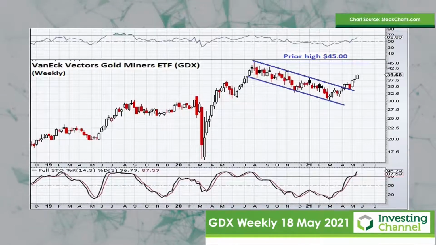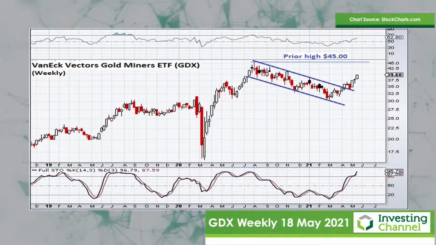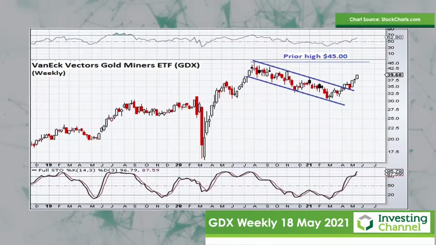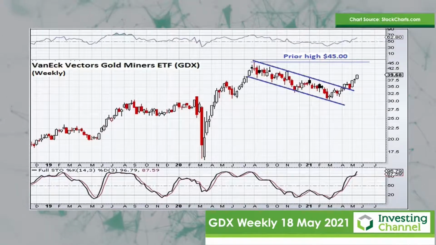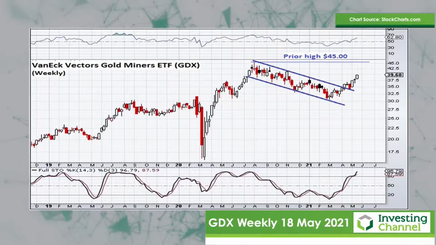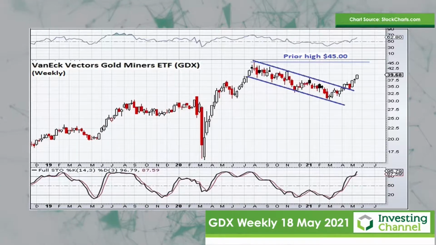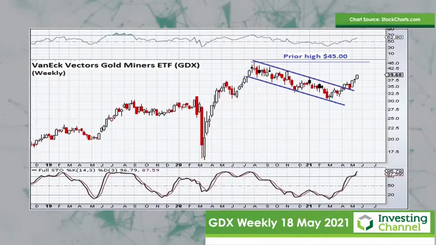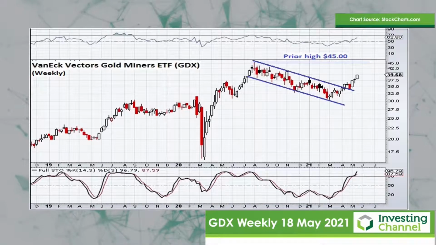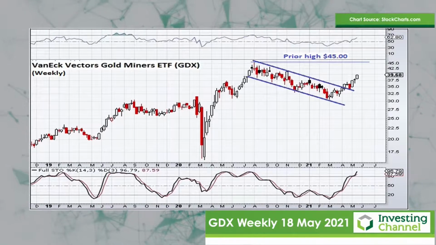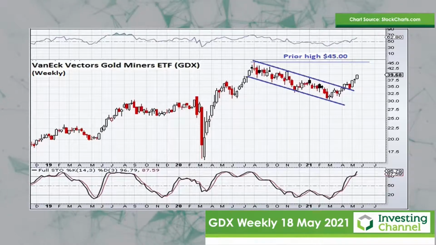You can see how this GDX ETF has also been consolidating in a nice channel pattern over the last 8 or 9 months, and it has recently begun to break to the upside. So that's a bullish development within an overall rising trend for the ETF as well. And that points to a likelihood that we'll see this heading back up to $45, which is where the prior high occurred in August of last year. And it's possible that it even goes beyond that, but we'll have to see nearer to the time. For now, though, it seems that the path is upward here.